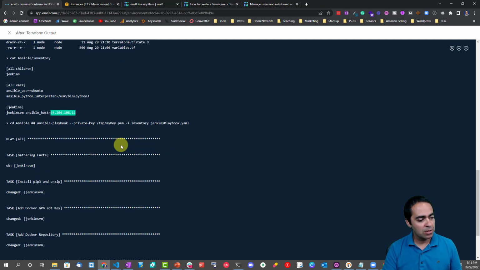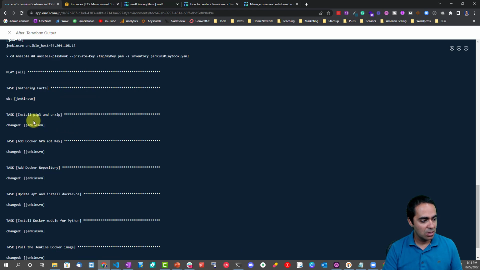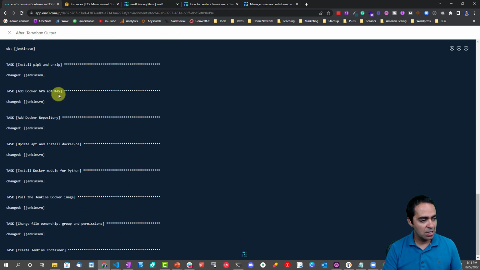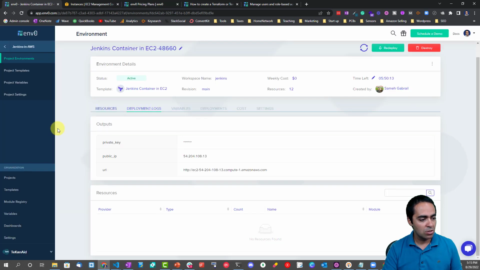And then I am going into the Ansible folder and running ansible-playbook with that private key that is stored, and with the inventory file called inventory and the playbook called Jenkins playbook. So the Jenkins playbook is actually running, as you can see. We're installing pip3 and unzip, adding Docker GPG. So we're actually installing Docker into this EC2 instance. Add the Docker repository, update apt, and install Docker CE. Install Docker module for,